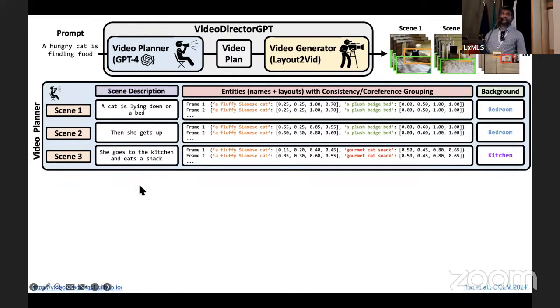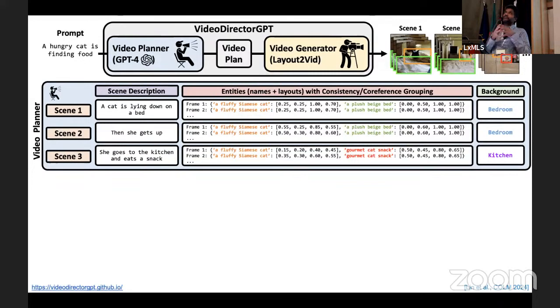And finally, it might generate the third scene as she goes to the kitchen and eats a snack. Now it will predict that, okay, there needs to be a new entity, which is the snack. So think of it as a co-reference resolution scenario, right? I don't know how many of you worked on co-reference resolution. It was definitely more of my grad school time sort of popular task, but it's a very important task.